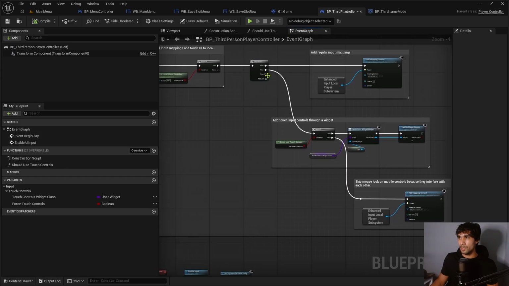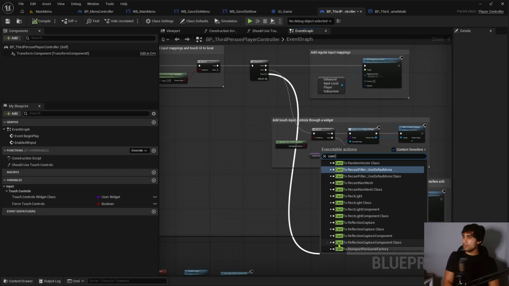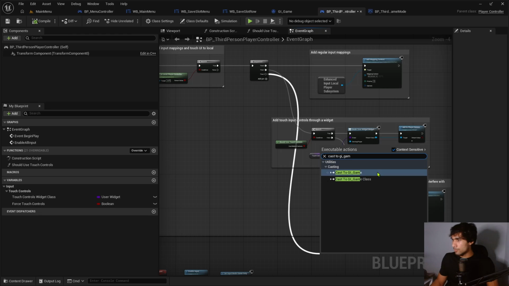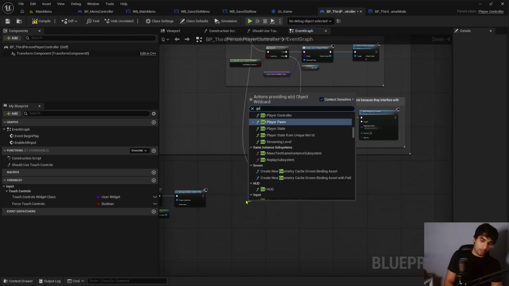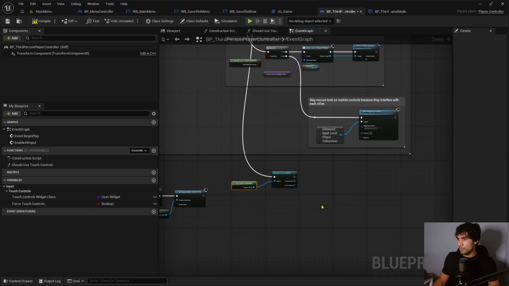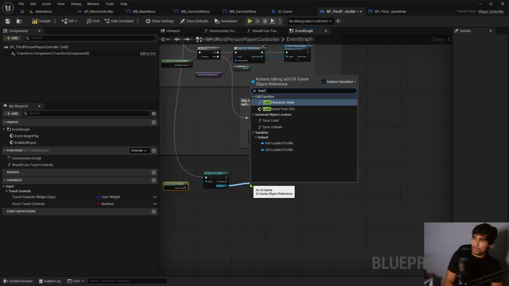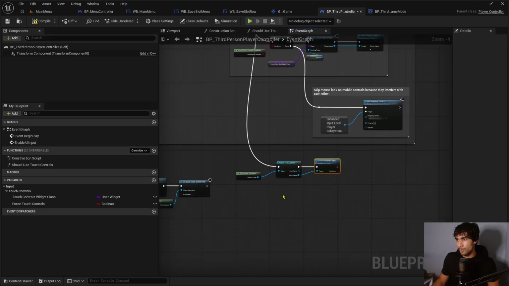So off of this, I'm going to create a pin here, and I'm going to cast to the GI game and pull off of this, get the game instance, of course. We've done that like 100 times now. And then drag off of this and load the character data, the thing that we just created. So we're loading character data over there,